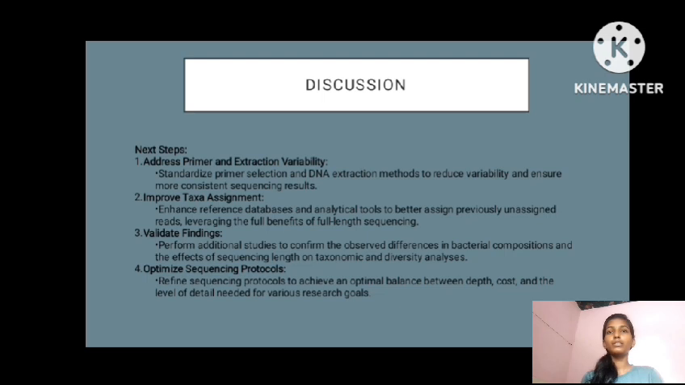The third is to validate findings. Conduct further studies to validate the observed differences in bacterial compositions and the impact of sequencing length on taxonomic and diversity analysis. Fourth is to optimize sequencing protocols. Evaluate and refine sequencing